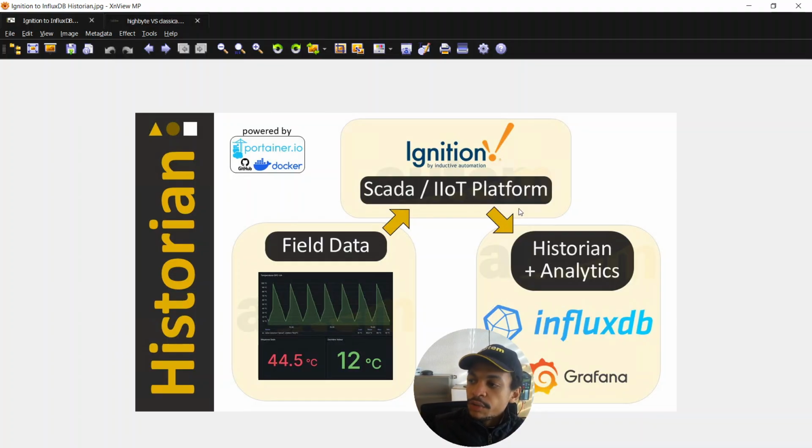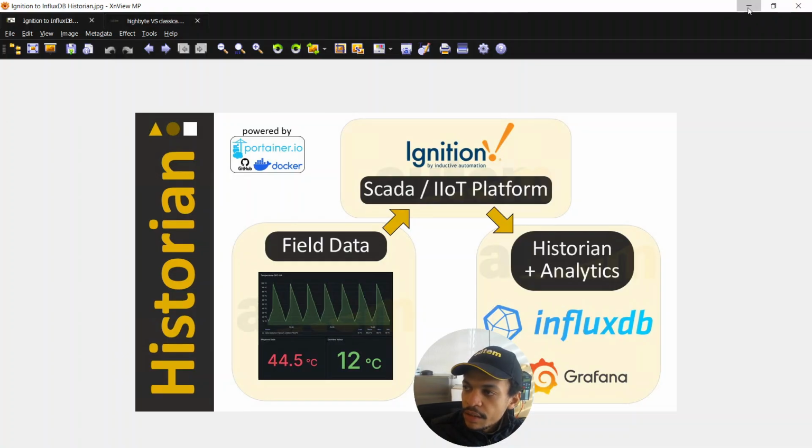But you really need to question the use case when you want to move to more advanced stuff like InfluxDB, because there is setup and technical effort involved, and sometimes even in terms of pricing for licensing and for development costs, there is more to it. So we really need to make sure it can answer the need. If not, sometimes it's worth just using the classical historian, but we're going to monitor all of that with a